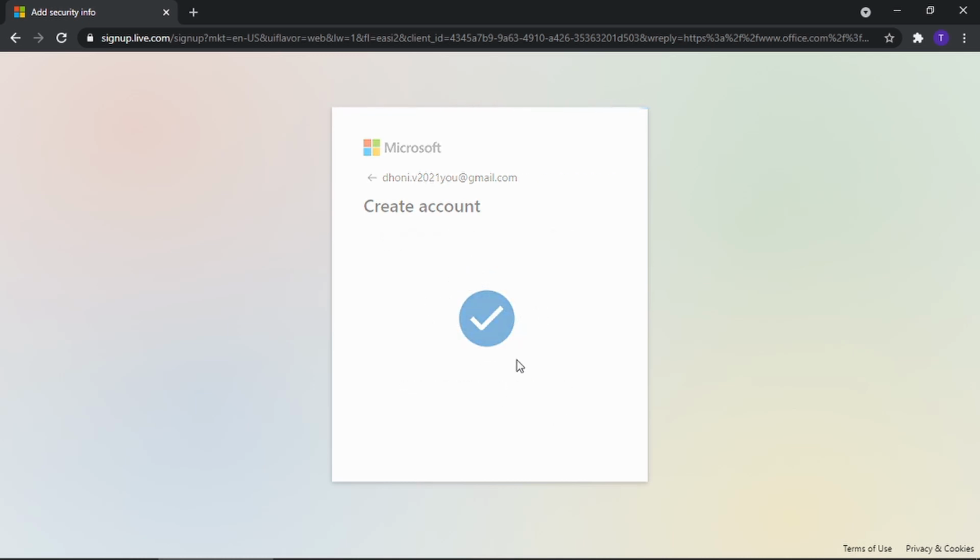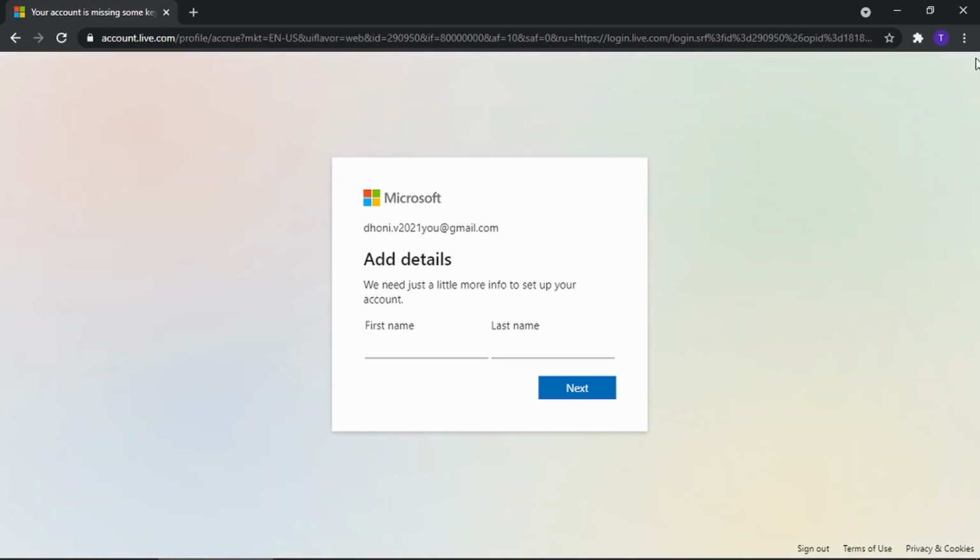Okay, so as you saw, it is done, and there is a verifying tick mark also. After doing that, it would ask for some details, which is your name, first name and the last name. So I am entering the name also.